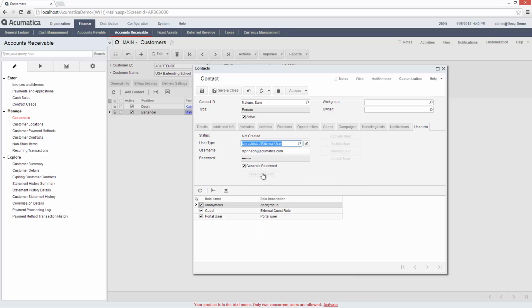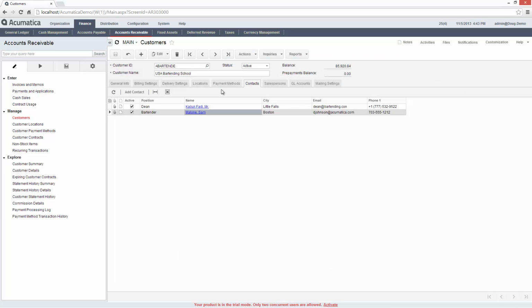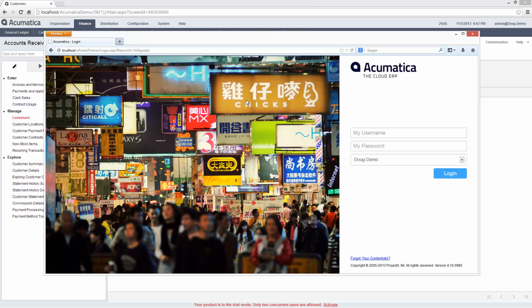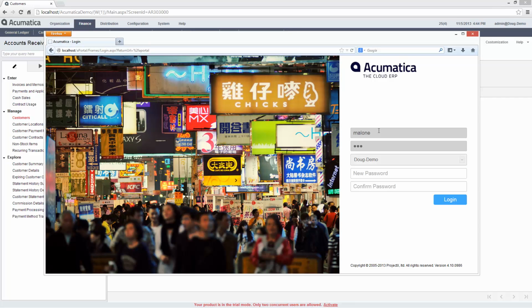So I'll create an unrestricted user. I'll assign a username and I'll assign a password. By default, all my permissions are set up correctly. I'll hit Save and Close, and now Sam Malone should have access to my customer portal. To verify, I go back to my portal and enter Sam Malone's security credentials,